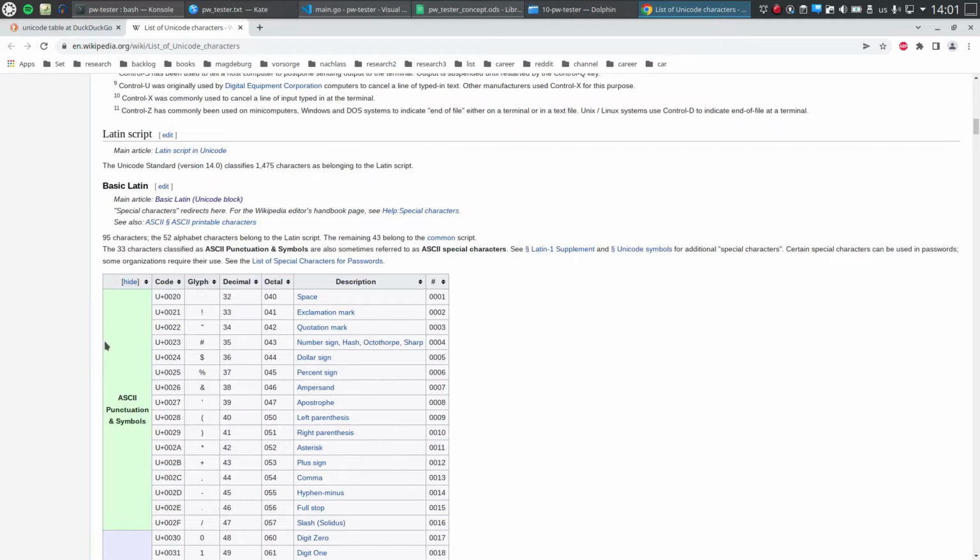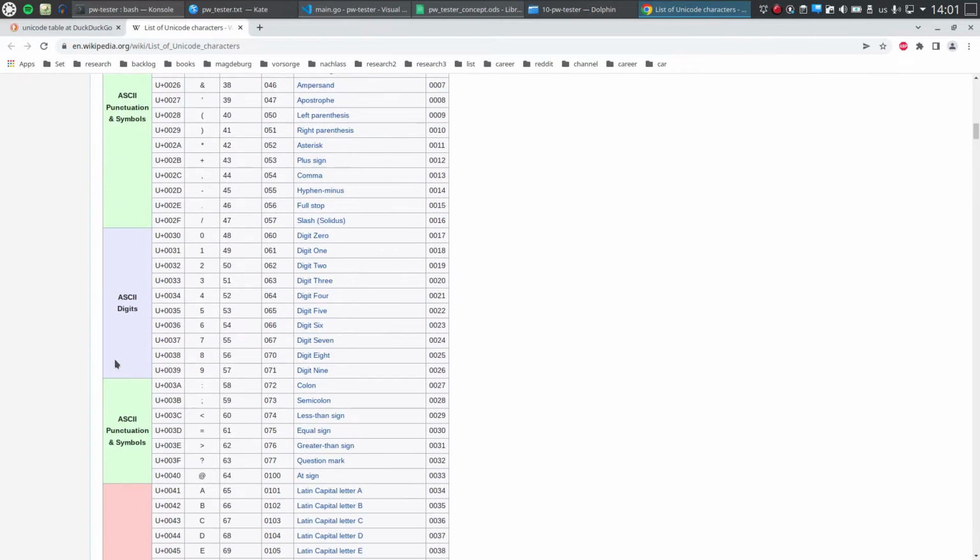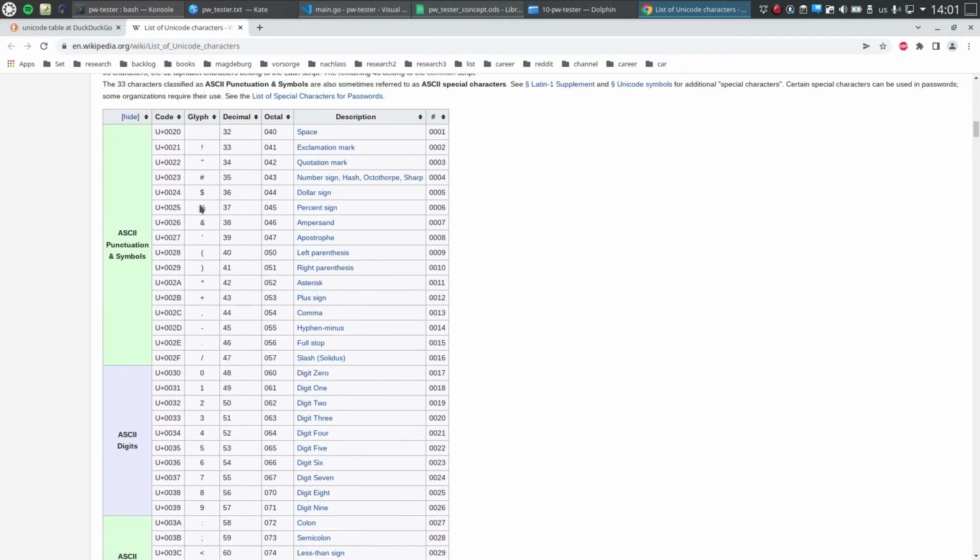And here is basic Latin. And we have, for example, for the digits, the Unicode code point. That is something that you can enter in your program. And there's also the decimal representation and octal, but we're just going to use the decimal because that's easy to